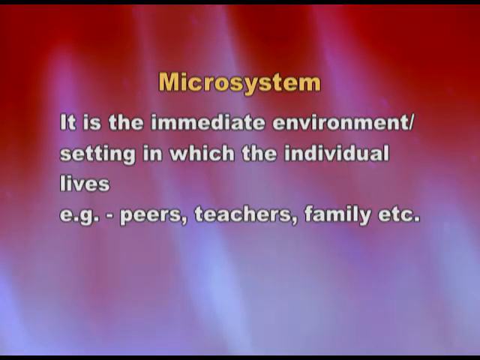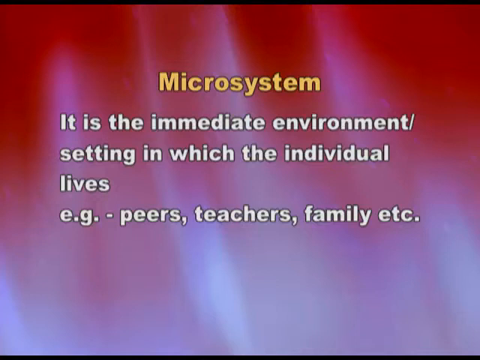First, at the important level next to the child, we have the microsystem. Micro, the smallest unit, the closest system to the child, where we have the immediate social environment of the child, the setting, the environment in which the person lives. For example, friends, in fact immediate family, friends, teachers, that is the normal order.